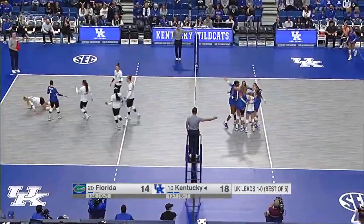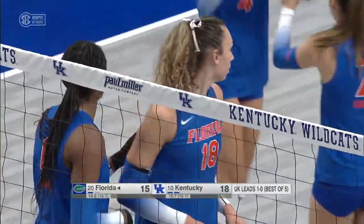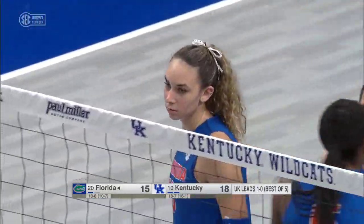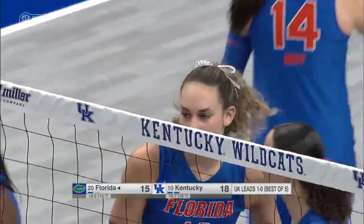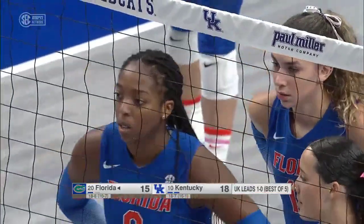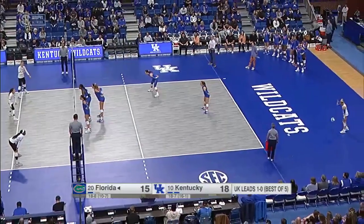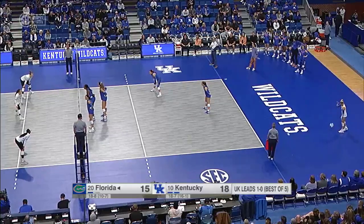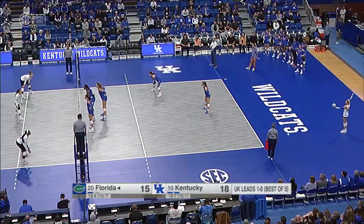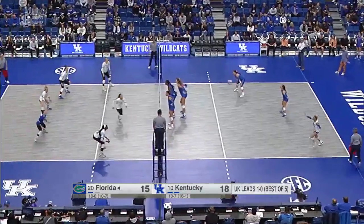Nicely placed from Martin as she's able to skip it in there for the score. When they watch the tape post-game and they're going to get ready for Selection Sunday, Coach Mary Wise from Florida is like, I want to know the stats on the amount of times Reagan Rutherford's used her right hand, because that's one they certainly, I'm sure, didn't spend a lot of time preparing for. Trying to stop the cross shot, power down the middle. Like, you didn't expect the right hand to come out today,